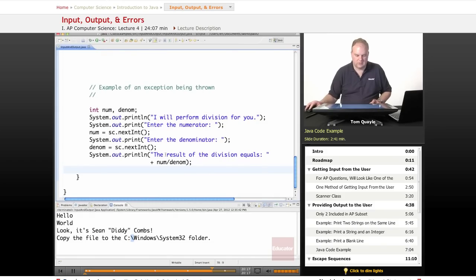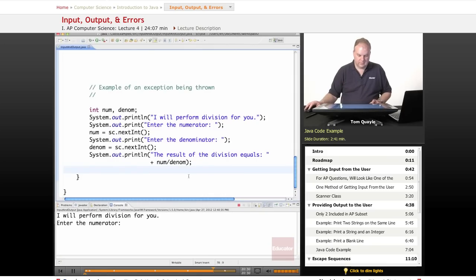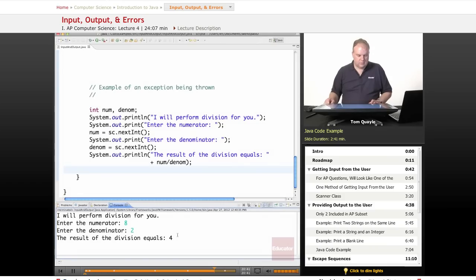So if you see where I'm going with this, as long as they don't enter 0 for the denominator, I'm okay. But if they enter 0 and I attempt to divide by 0, that's going to throw an exception. So let's first look at the desirable functioning. So let's say the numerator is 8 and the denominator is 2. The result of the division equals 4, and that's exactly what I expect. Now, I'll run it again, and this time I'm going to try to divide 5 as the numerator and 0